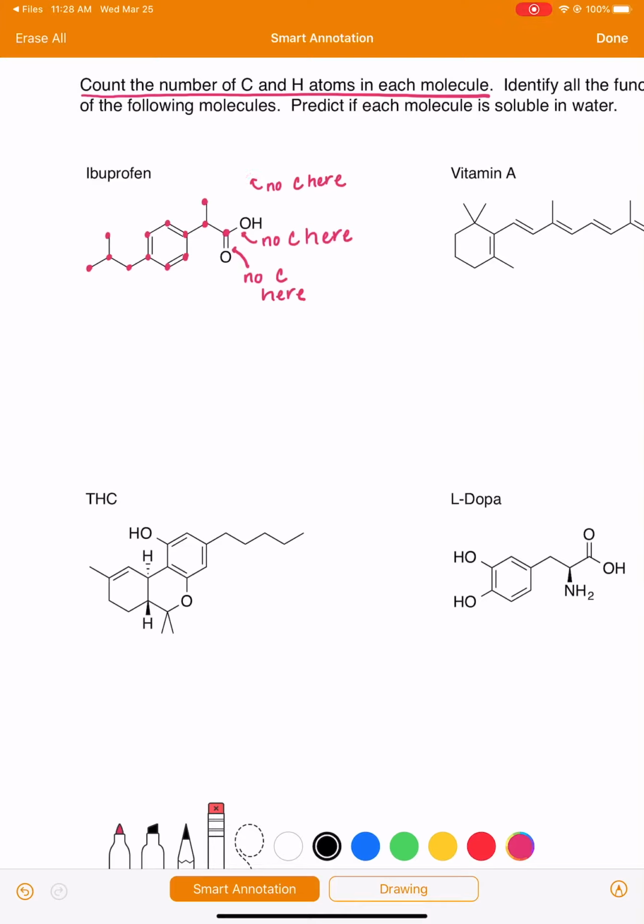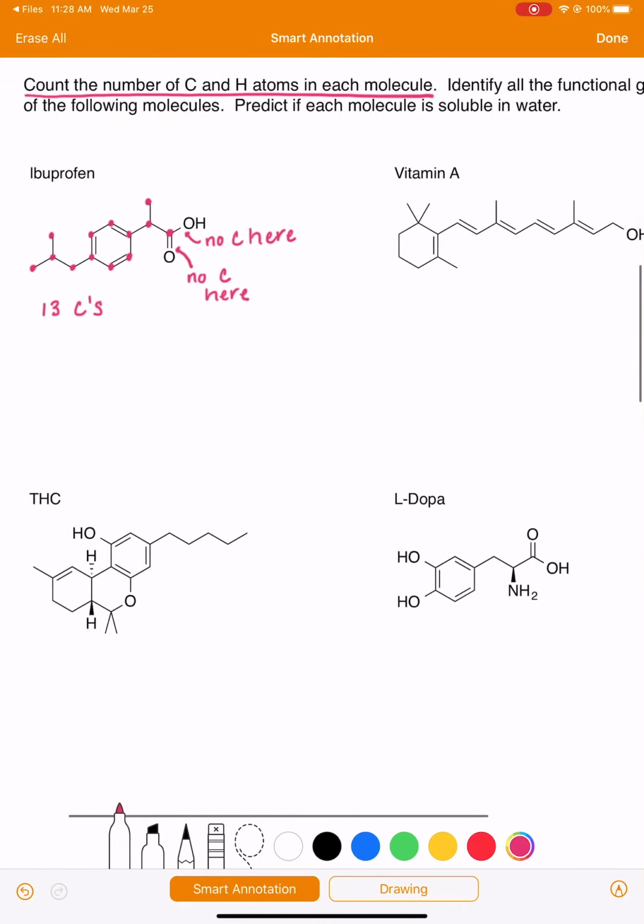So we found all of the carbon atoms. Let's count them up. We had 1, 2, 3, 4, 5, 6, 7, 8, 9, 10, 11, 12, 13 carbons. And before we count the hydrogens on this molecule, let's go over to vitamin A and let's practice counting carbons